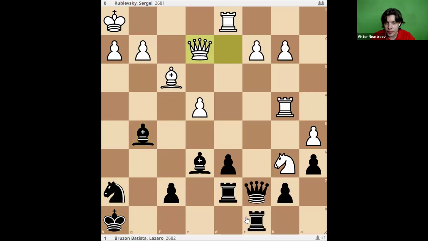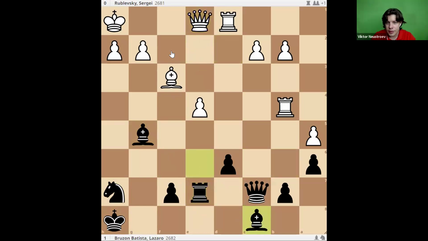But then we can save the rook. In the game, it was queen e1. No, we cannot save the rook. So in the game, it was queen e1. Maybe there is no big difference. But rook e7, this is where we have two minor pieces for a rook. But white has two pawns as compensation. However, we have a bishop pair. So that's why the position, well, should be approximately equal, but it seems that black is better because two bishops here